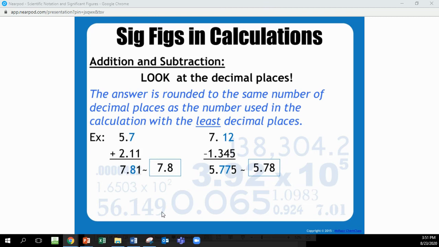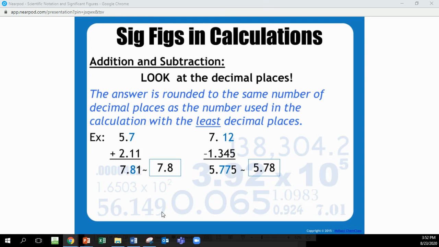7.12 minus 1.345. You enter that into your calculator or you do it on paper, and you get 5.775. Okay, so this is subtraction, so we're looking at decimal places. 7.12 has 2 decimal places. 1.345 has 3 decimal places. 2 is less than 3, so your answer must be in 2 decimal places. So you end up with